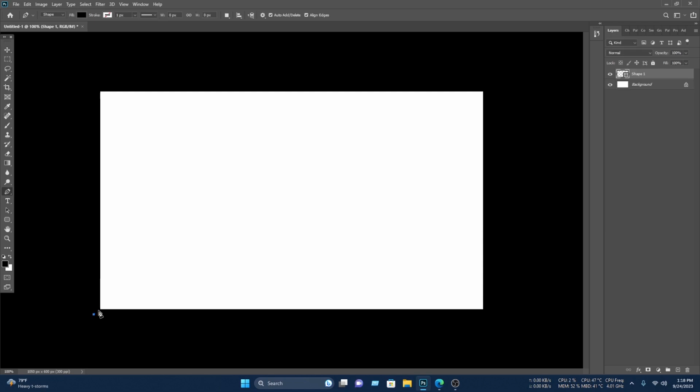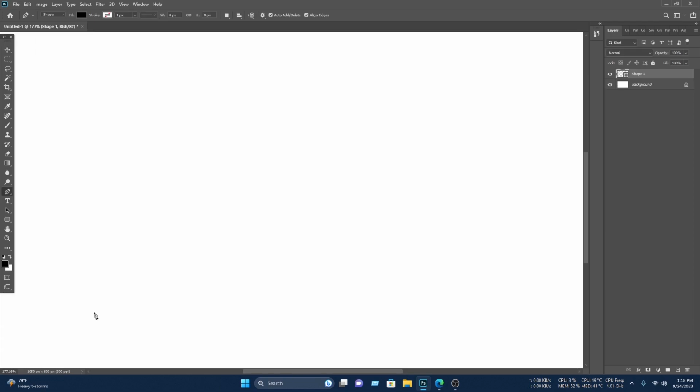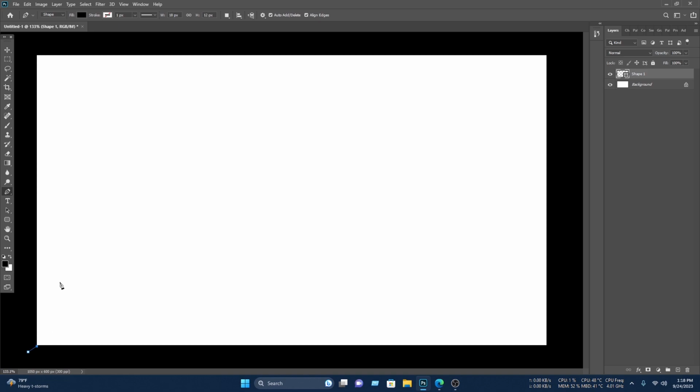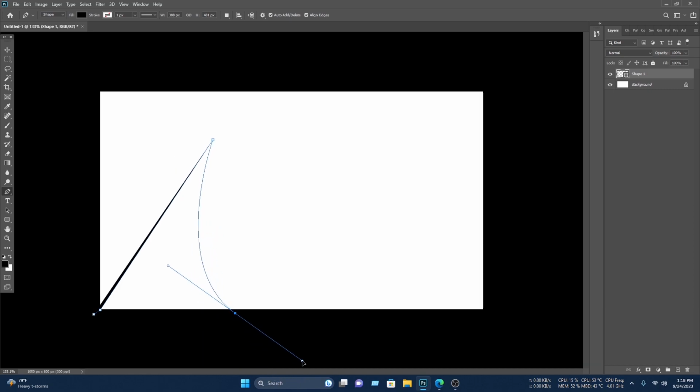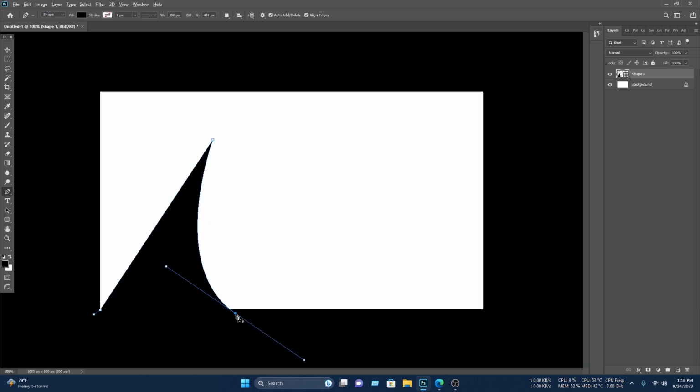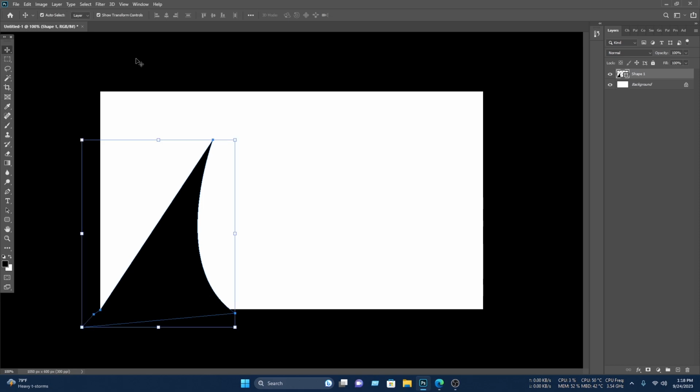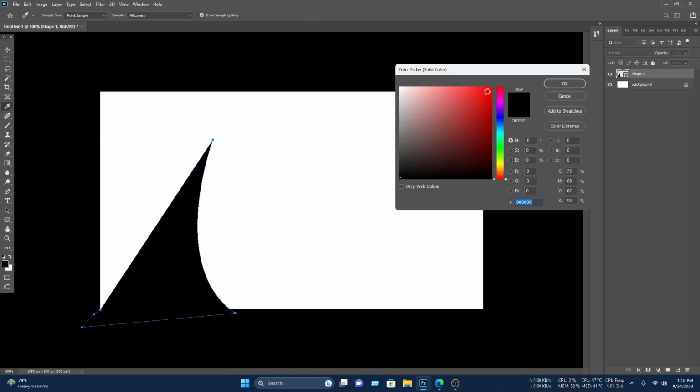After setting up the page you have to select the pen tool from here, then click on here, then here, then here, then here and draw a curve. Then press and hold the alt key and click on the anchor point, then click on here and here. Then select the move tool from here, then double click on here, then select the red color, then click on